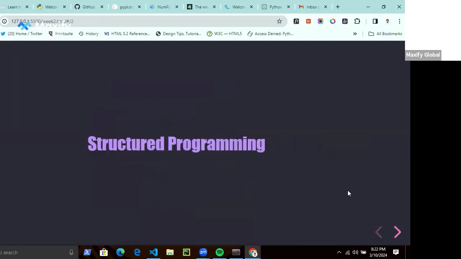Structured programming is a concept that was formalized in 1966. It's a theoretical computer program design using sequence, decision, and iteration. Essentially, it helps our programs to be structured in a better way.